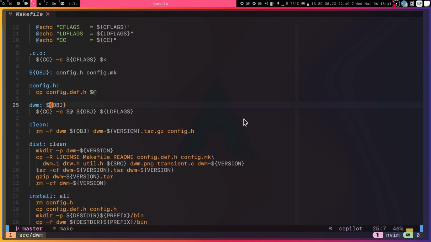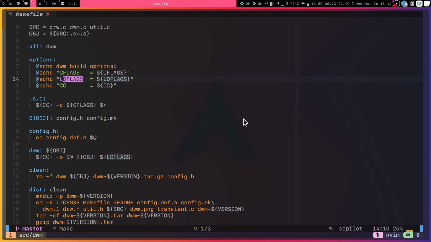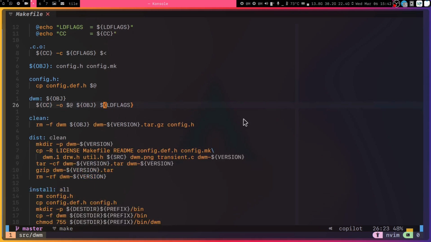For the DWM, if all the object files are present, it will use the C compiler to create the binary, which is the DWM binary. It will link all the object files, and it will also use the LD flags. The LD flags are the flags for the linker. The C flags are for the compilation flags, whereas the LD flags are for the linker. So you can see it will use the linker flags, not the compilation flags, because here we are linking all